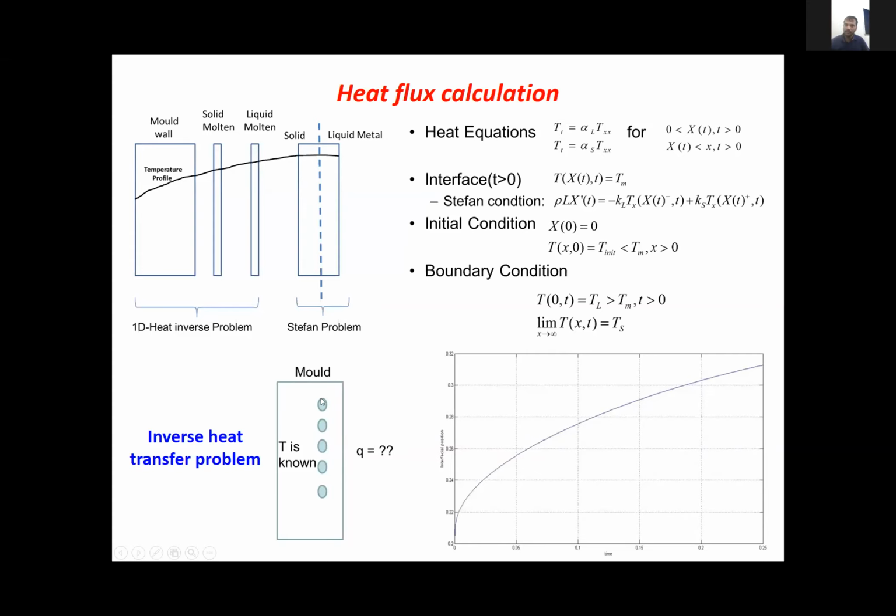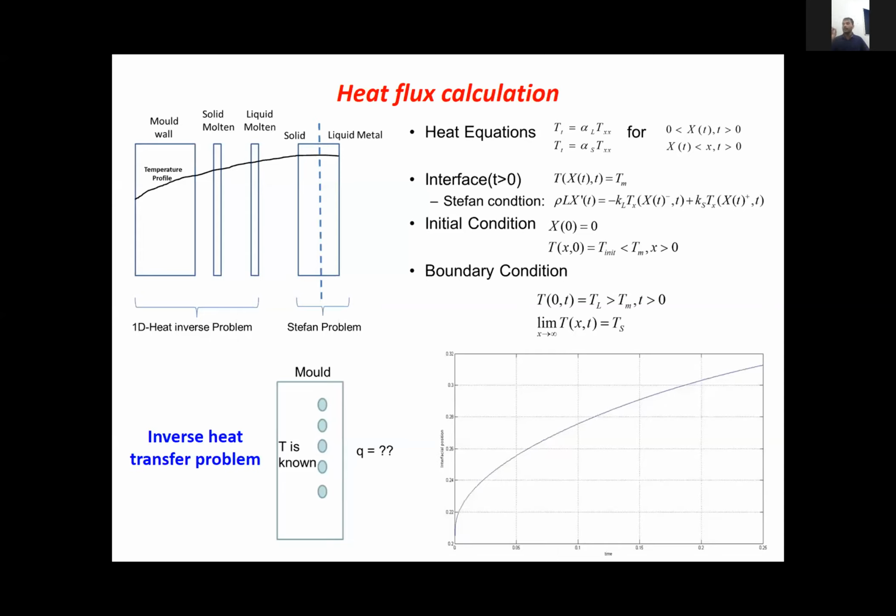Like here it is given, the inverse heat transfer problem. It means there is one row and there is another row. The T is known for these 2 rows. The heat flux can be calculated, and the surface temperature of the mold can be calculated. It is by giving the effect and calculating the cause. That is why it is called the inverse heat transfer problem. By this way, we could calculate the surface temperature of the mold.